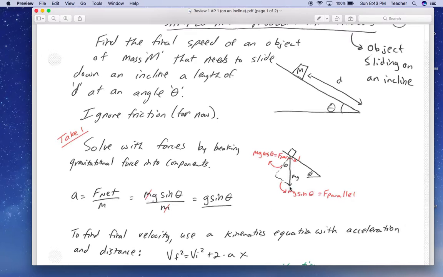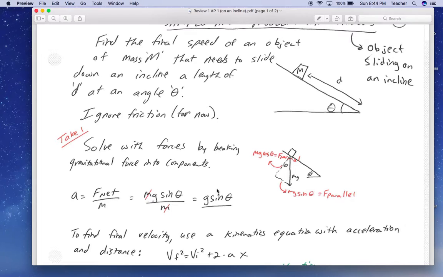So we know that gravity, which is mg, acts straight down. The normal component of gravity is perpendicular to the hill. The parallel component of gravity is parallel to the hill. Via geometry, that's a similar triangle. If you want me to prove that, go talk to your geometry teacher, because trust me, it's a similar triangle. The angle between the normal component and the gravitational force is the same as the angle of the hill from the horizontal of the Earth. So in this case, the normal component is mg cos theta, and the parallel component is